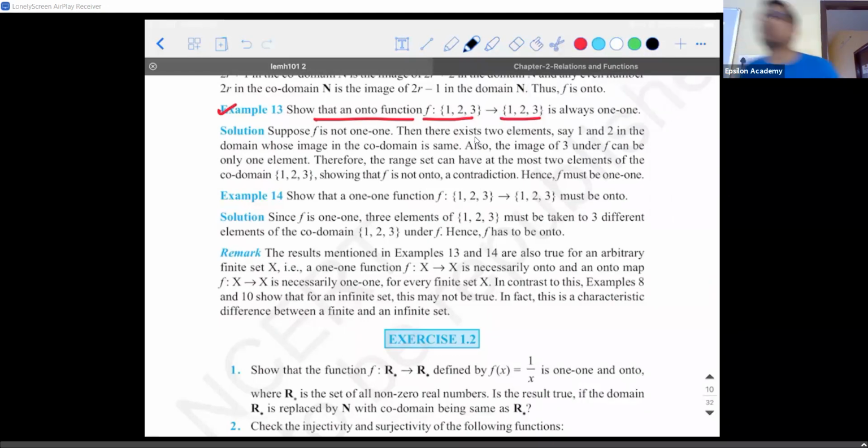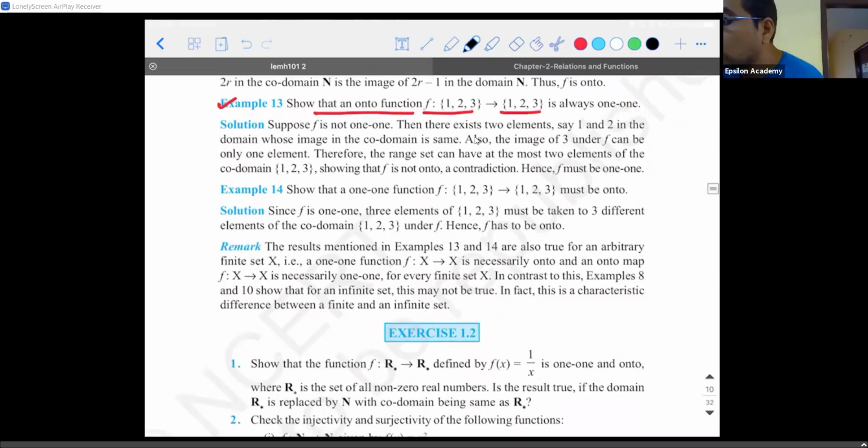Yeah, it is always, sorry. It is always. So all these kinds of problems will be proved using the opposite approach. First they will assume it is not one-to-one, and they will proceed with certain steps and finally arrive at a conclusion that it is one-to-one. So whatever is asked to prove, you should assume that it is not. You should always use the contrary method.